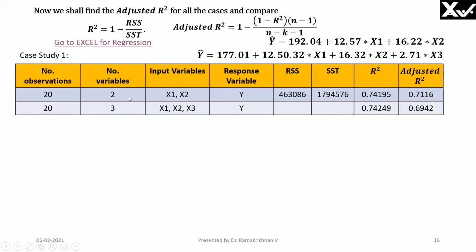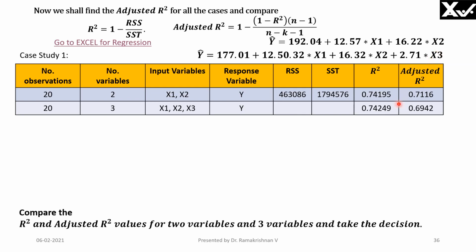See, this is the analysis here. For 20 observations with 2 variables, RSS and SST are obtained. And then we have also found out adjusted R squared. With 3 variables, we found that R squared has increased, but adjusted R squared has decreased. Therefore, this added variable X3 is nonsense. It is not to be considered. We have to consider some other variable. We will have to consider the expert's opinion and take another variable, note down, observe it, include it in the analysis, and then take a decision. Now, what we have done is reject the variable X3.